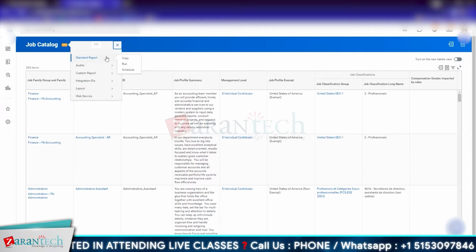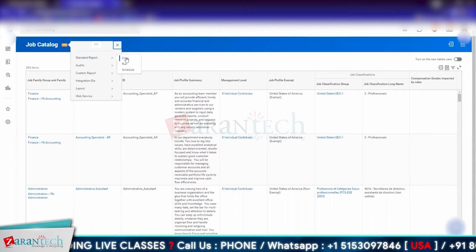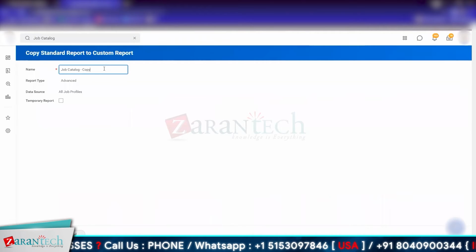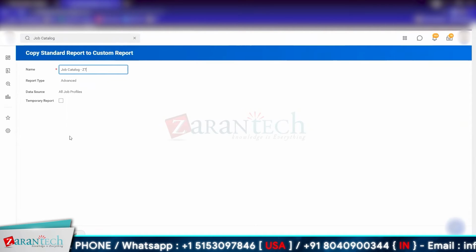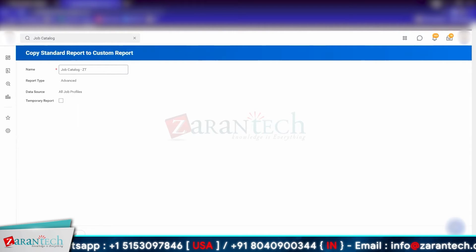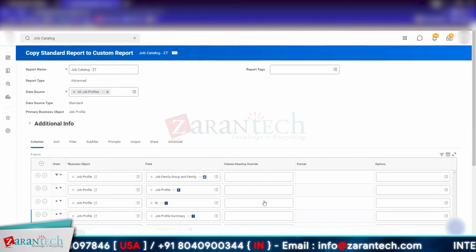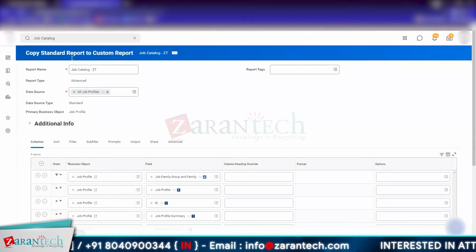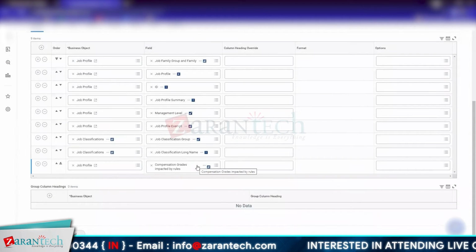I cannot make any changes to the standard report because I don't see any added options. But if I need to use this as a base, I can create a copy of this report. So if I click on copy, and now I can make changes to the copy of the standard custom report from